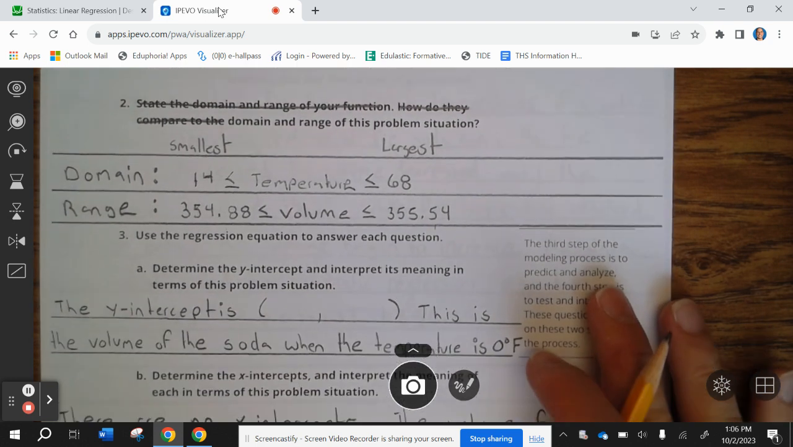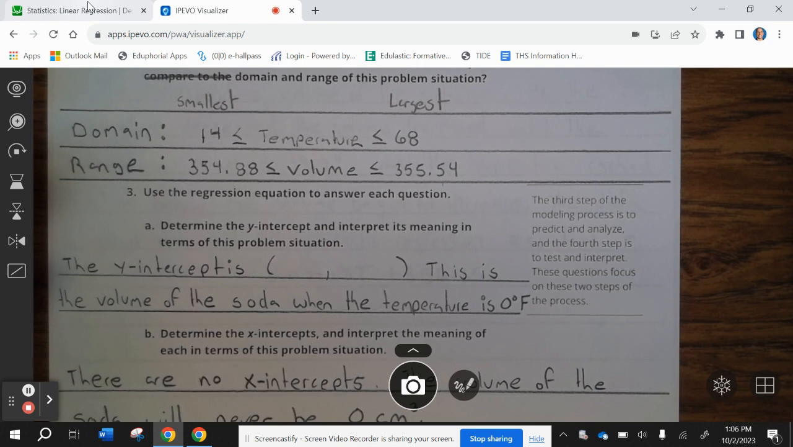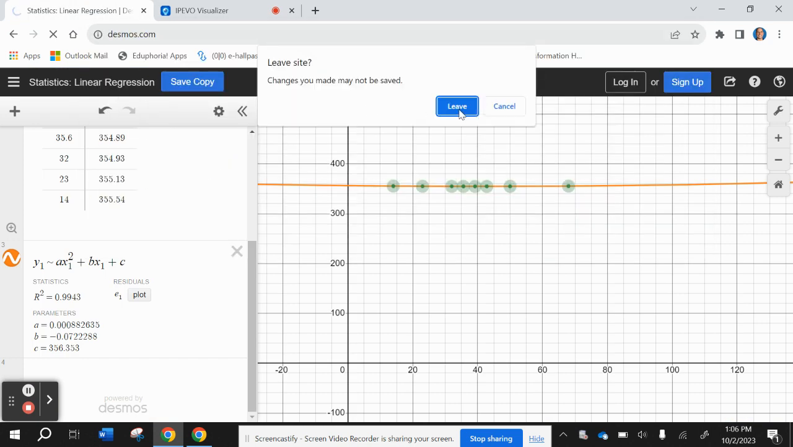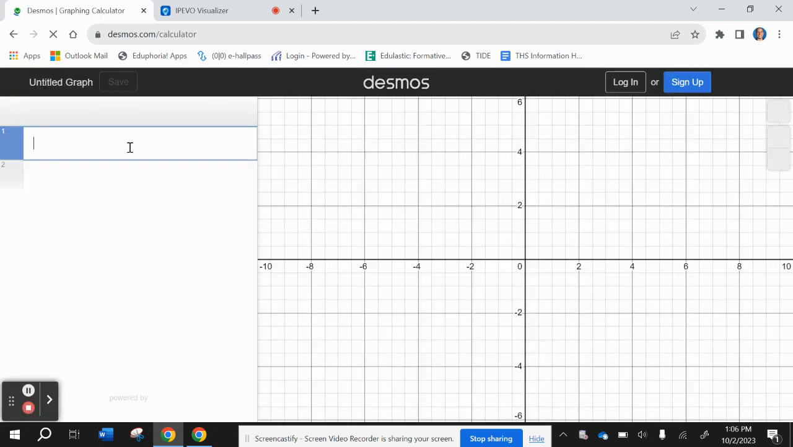All right, let's take a look here. Now, use your regression equation to answer the question. Determine the y-intercept and its meaning in terms of this problem. So we need to graph the regression. So we're going to go over here, and we're going to go to Desmos, and we're going to go to graphing calculator, and y equals